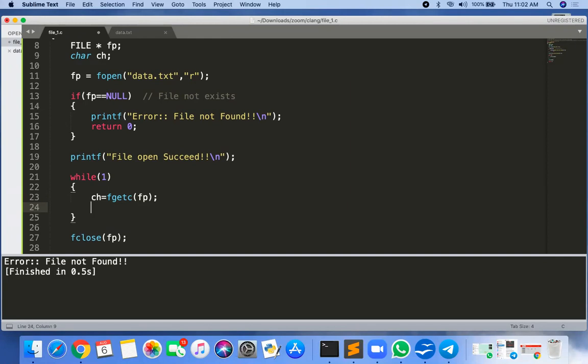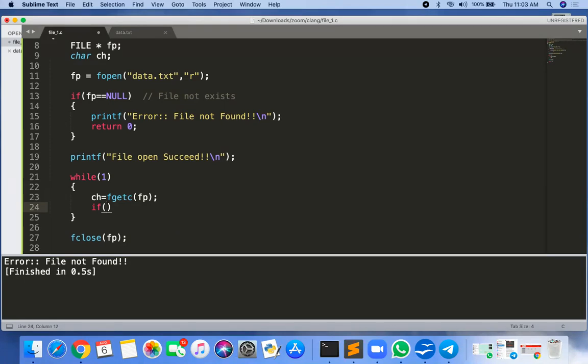Now that you have the first character, you need to check whether it is the last character. What is the last character of a string? I'm talking about a string. It is slash zero, '\0'. Here also there is a last character defined for every file.